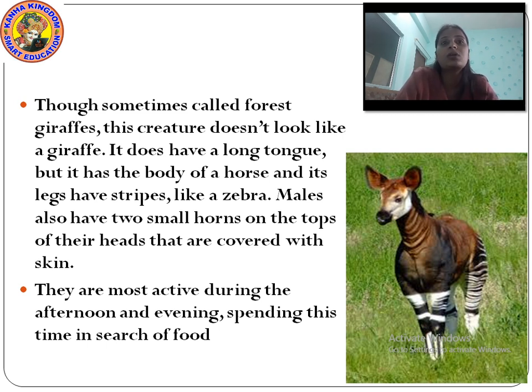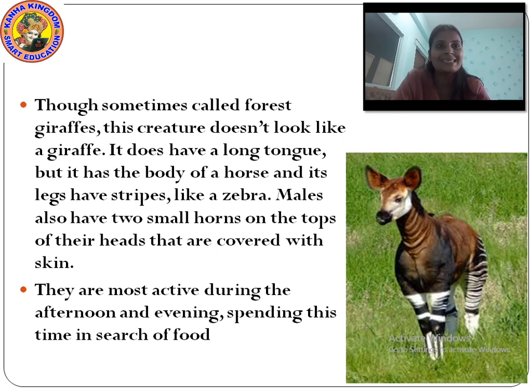The stripes on its legs look like a zebra, and the male okapi also has small horns on the top of its head